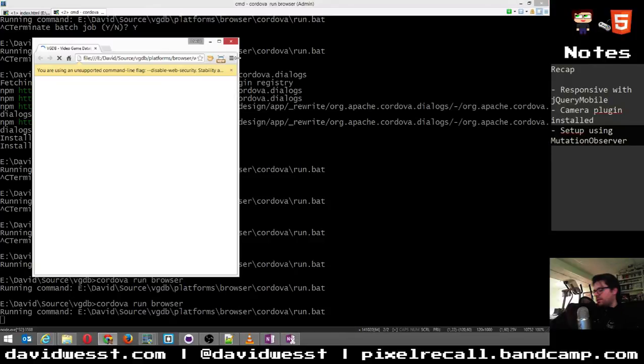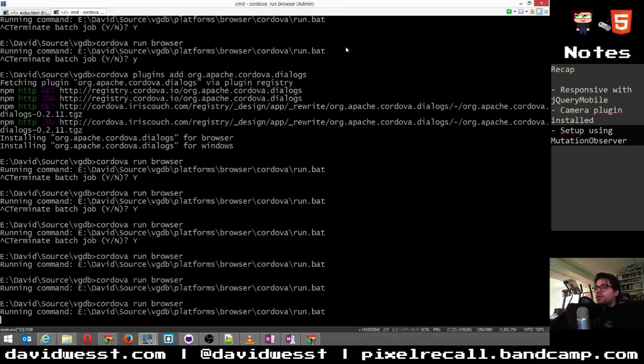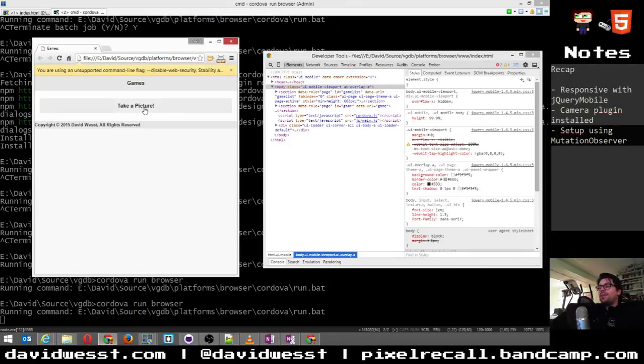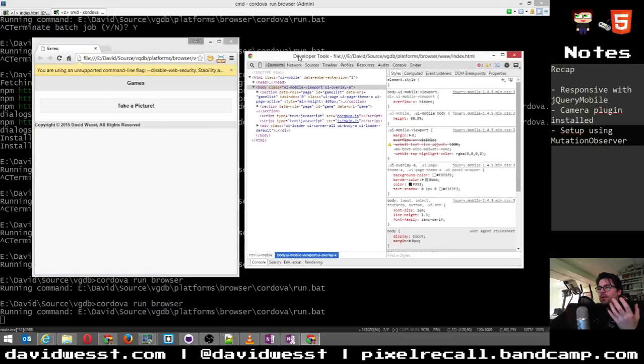So again, I apologize if this is going to echo again, because I really just want to be as quick as I can. Now, what we should see is when I click take a picture, the video element that we saw show up over in our developer tools a moment ago will actually show up this time around, along with a button that says capture.